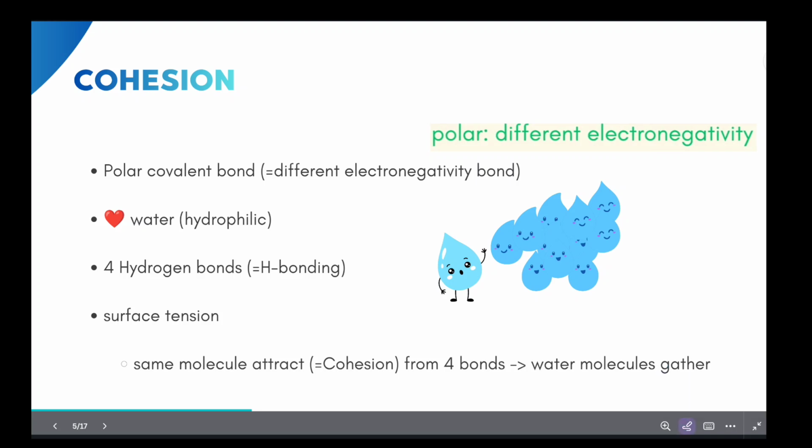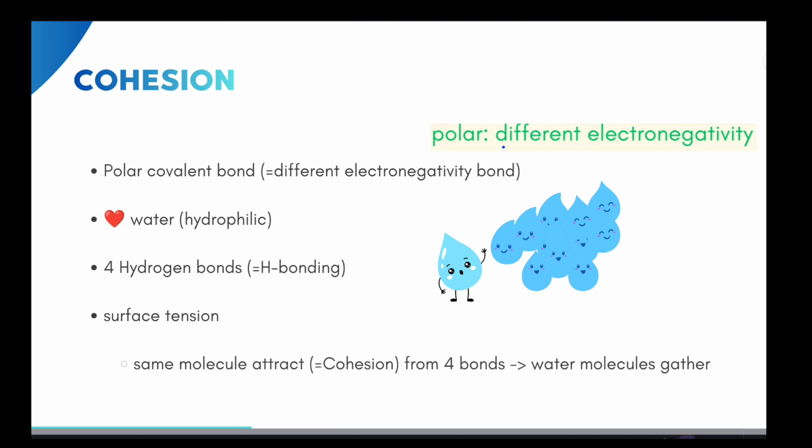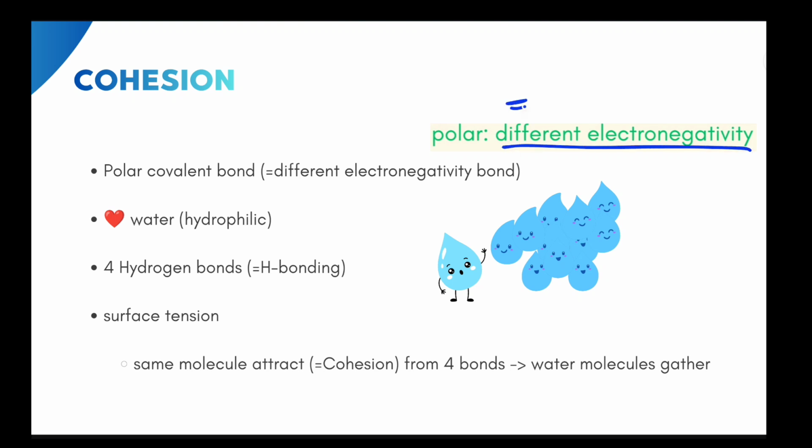Cohesion. It is a polar covalent bond, meaning bonds with different electronegativity. We learned that this is a different force of pulling. It really loves water, which means it is hydrophilic. And there are four hydrogen bonds, H bonding for short. It has a surface tension, meaning same molecules attract, which is also known as cohesion, from those four H bondings,